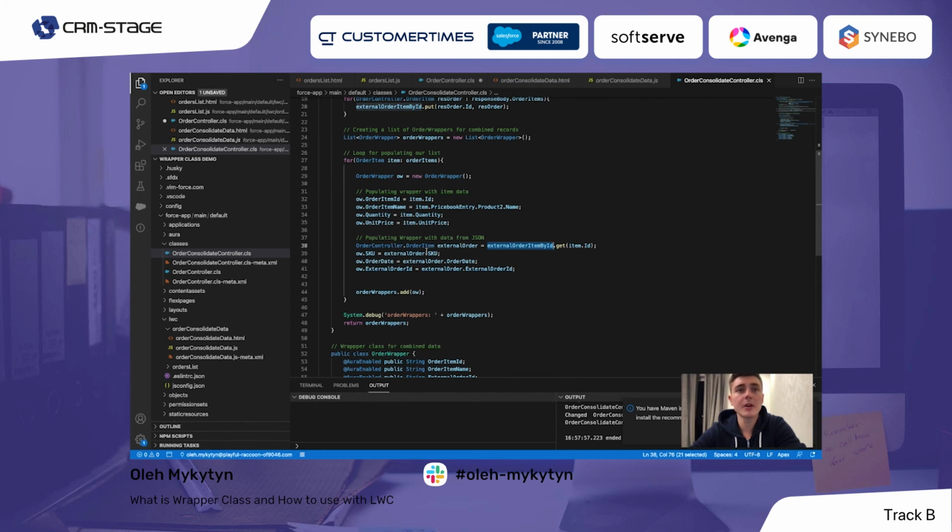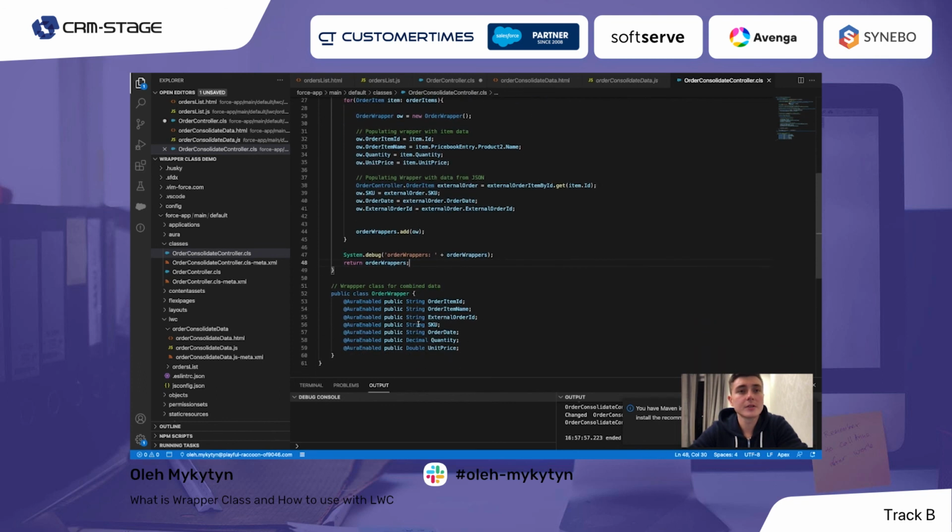So here we have our order item, and we are getting the SKU from that item, the order date, and the external order ID. So that's the missing data which is not in Salesforce. At the moment we have combined data from Salesforce and from the external system. Now we are adding them to the list and returning it to our